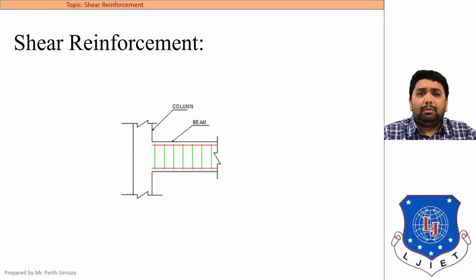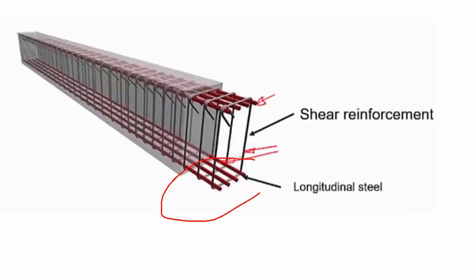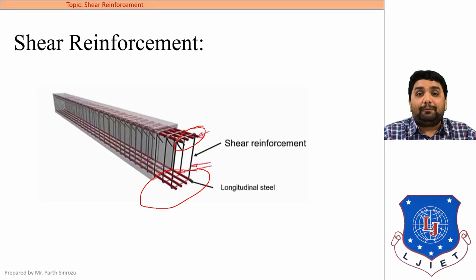Now looking into a more 3D view of this shear reinforcement, here you can see a cross section of a beam element. Here you can see that longitudinal steel, that means main steel, is provided, which we have discussed in the earlier chapters. We were designing this main steel, that we called AST, area of steel in tension. And you can see here that longitudinal steel bars are also provided in the compression zone. These were ASC. If it is not a doubly reinforced beam, that is if it was a singly reinforced beam, these bars were called anchor bars, clear. And being a doubly reinforced beam, it will be called ASC, that is area of steel in compression.